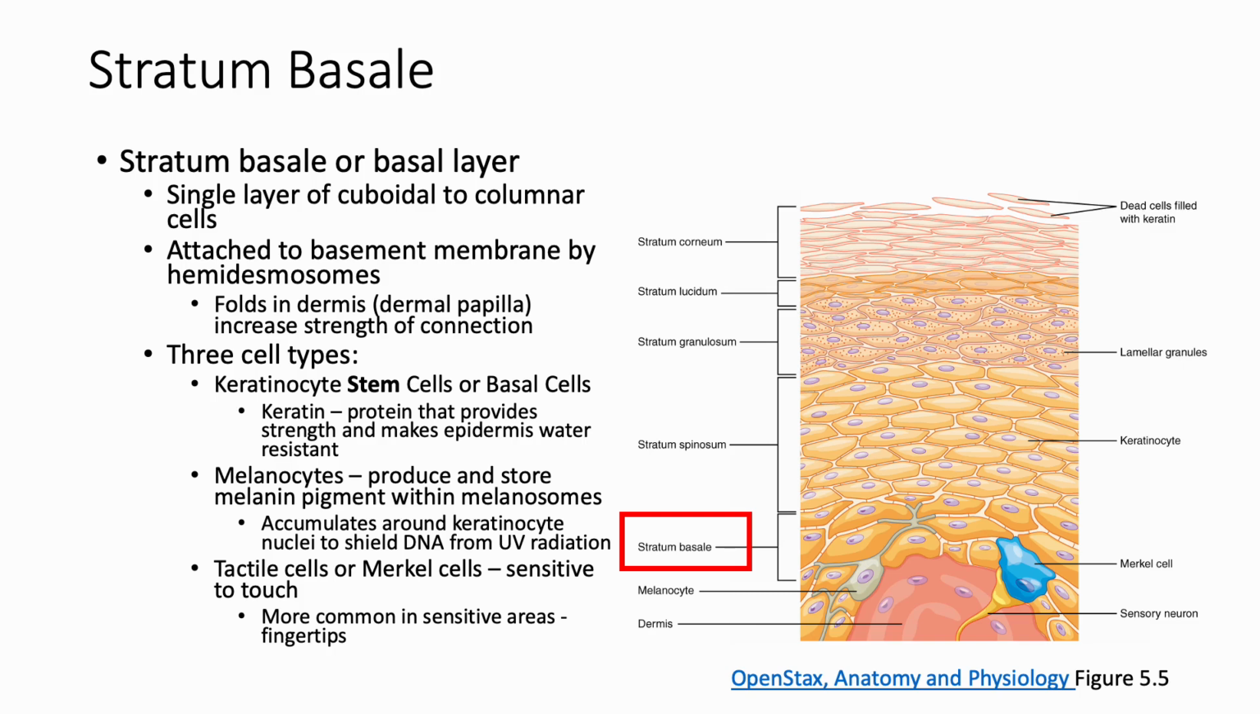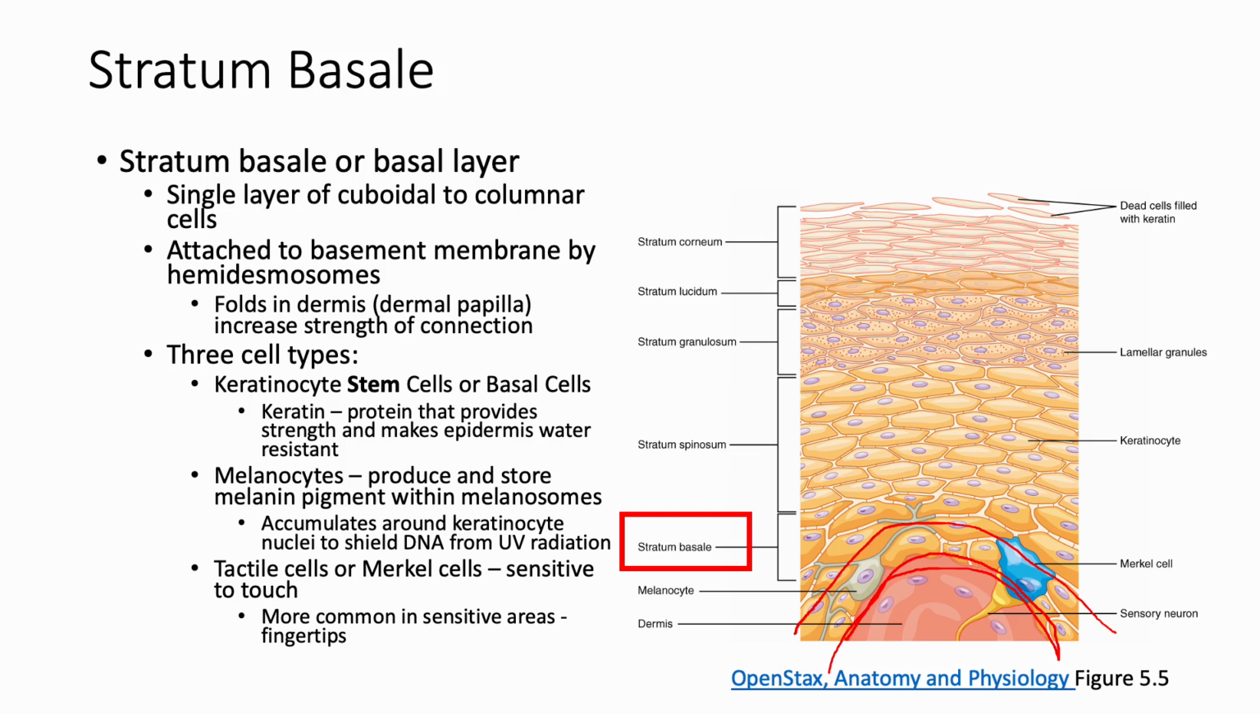Now I want to take a minute and we're going to go through each of these layers and talk about some of the characteristics of the layers. So the deepest layer of the epidermis, stratum basale, is basically a single layer of stem cells. Okay, so we can see one of these papilla right here from the dermal layer, right, that's coming up. So we're going to have sort of a single layer